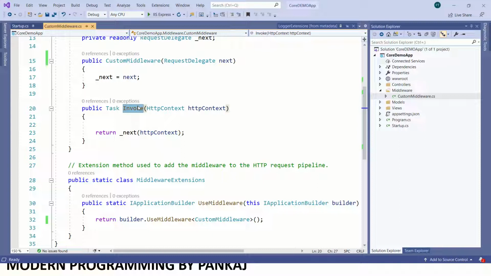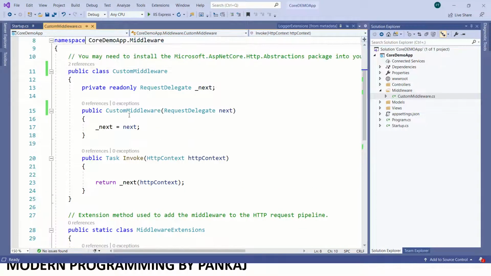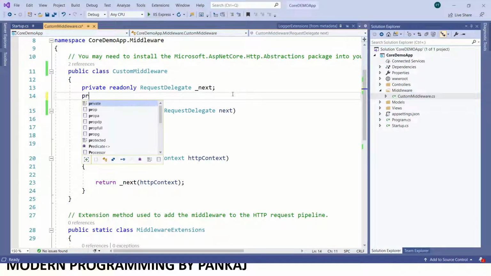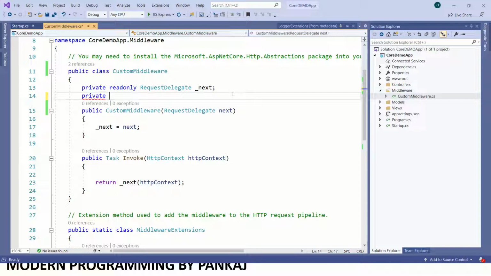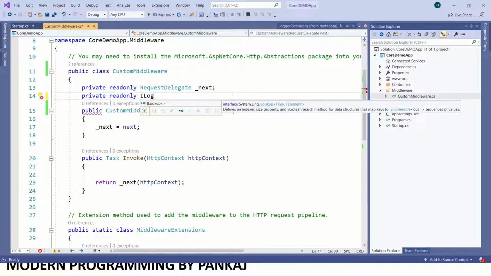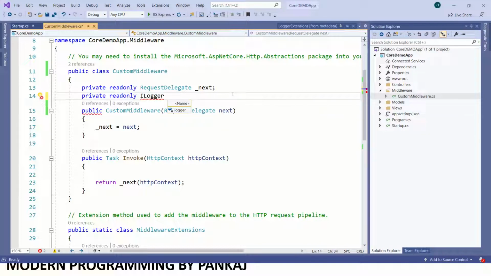If you want to implement logging, what do we need to have? Let me add one ILogger. We need to include the namespace for this, and I have already included it.